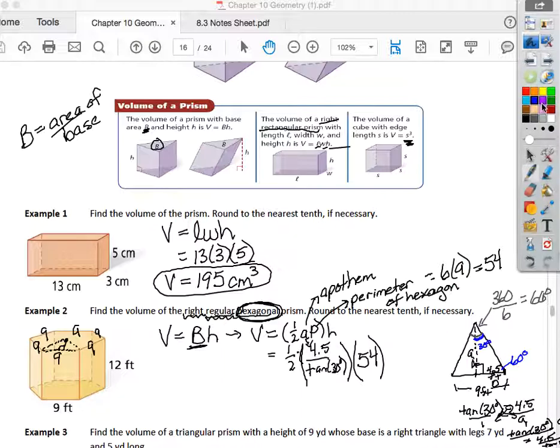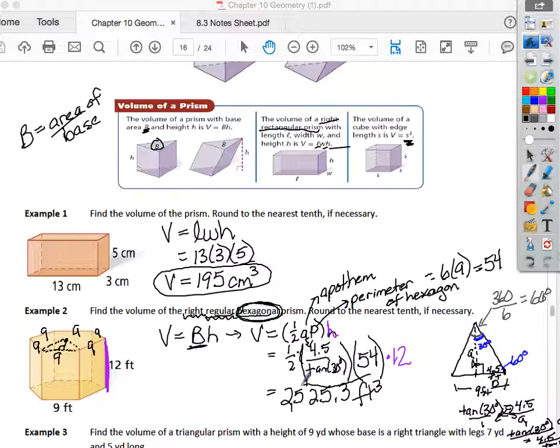The final piece, that height, is the distance between the bases. It is not the height of the triangle. It's not like the apothem. It's the height between the 2 hexagonal bases. So that's 12. So that'll be times 12, okay? Put this on your calculator. I'll give you a moment, okay? 1/2, 4.5 divided by the tangent of 30 degrees times 54 times 12, and you should get something in the neighborhood of 2,525.3. Unit, feet,